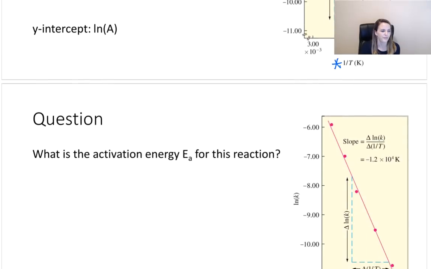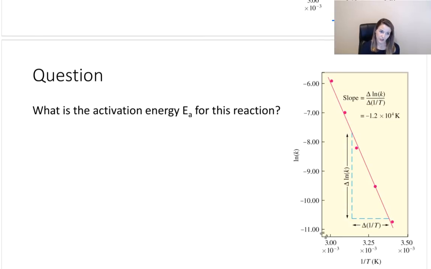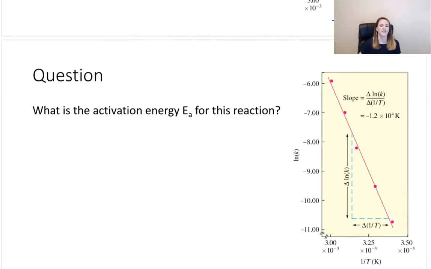So let me give you a problem. Using the same data that I just showed you, what is the activation energy for this reaction? If you got all this data in lab and now you have to go report it in a paper, what would you say your activation energy is? Okay, so the first thing you're going to do is realize that your slope is going to be equal to